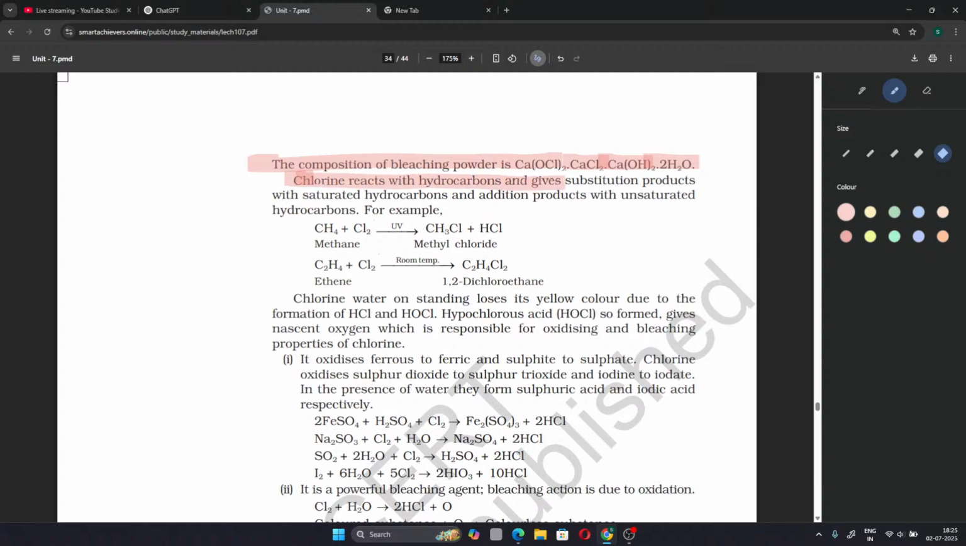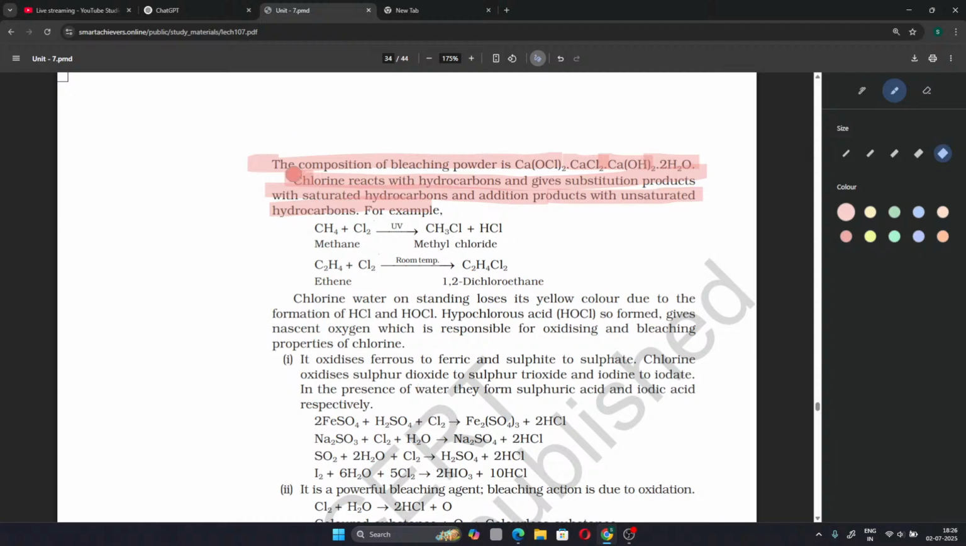Chlorine reacts with hydrocarbons and gives substitution products with saturated hydrocarbons and addition products with unsaturated hydrocarbons. It will basically substitute in place of hydrogen in case of normal saturated hydrocarbons, but in case of alkenes or alkynes which are unsaturated, it will not substitute the hydrogen, but it will be added